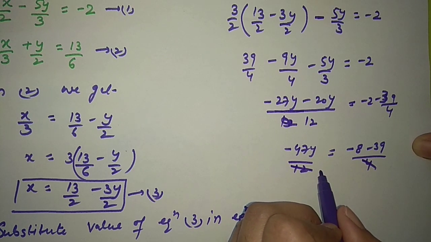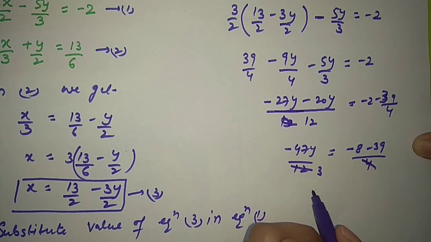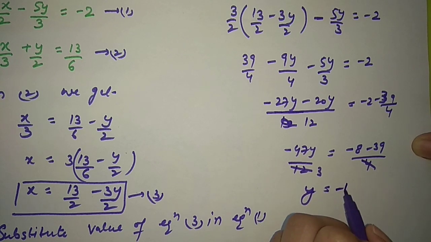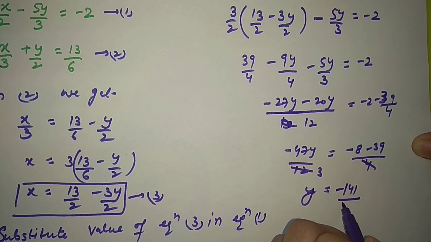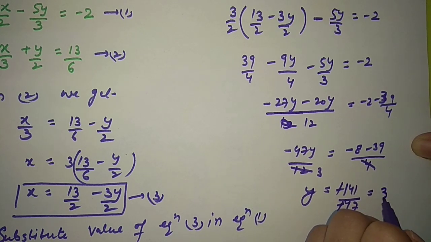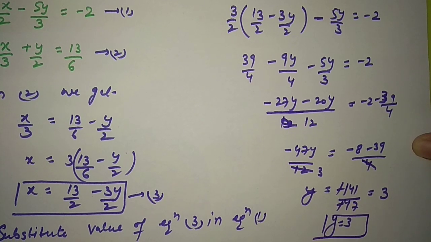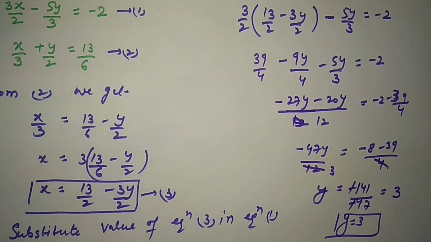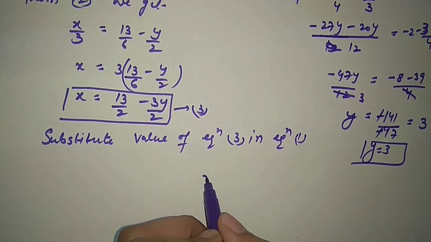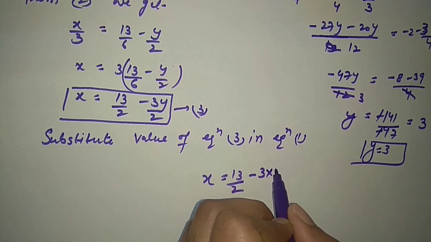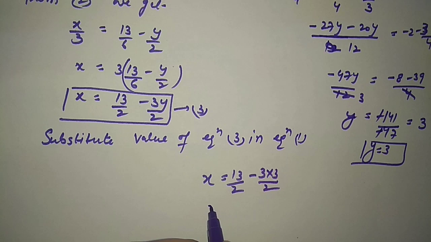4 and 12 will cancel each other, we get 3, and on solving we have y is equals to minus 141 upon minus 47, so y is equals to 3. So y is 3. Again use this value of y in the third equation. So we get x is equals to 13 by 2 minus 3 into 3 upon 2, that is x is